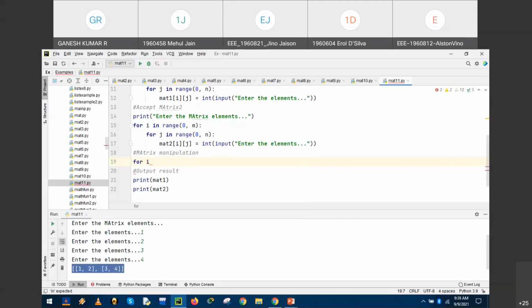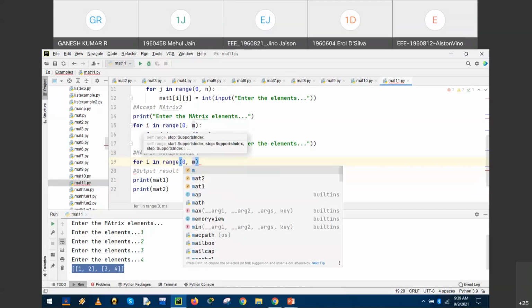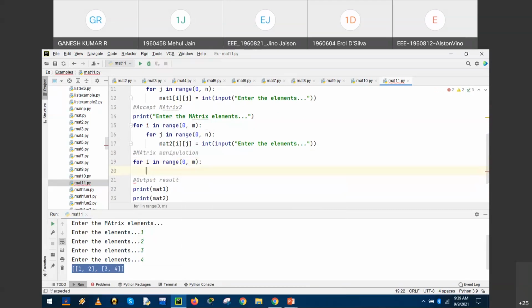For i in range 0, comma m, with a colon since it is a for loop. To have the column, for j in range 0, comma n. So we are traversing the rows and columns.